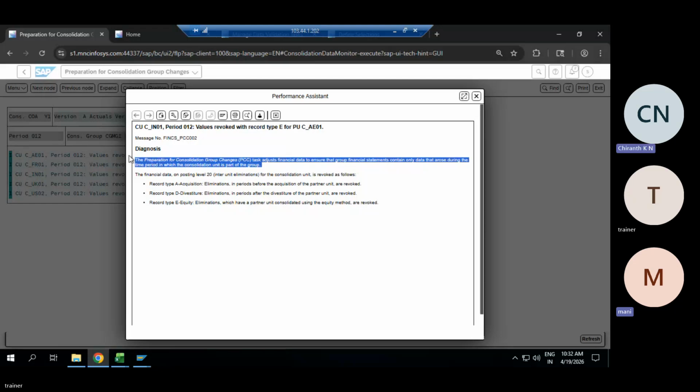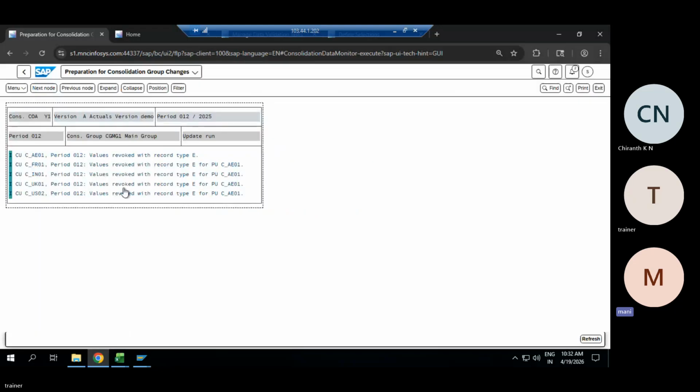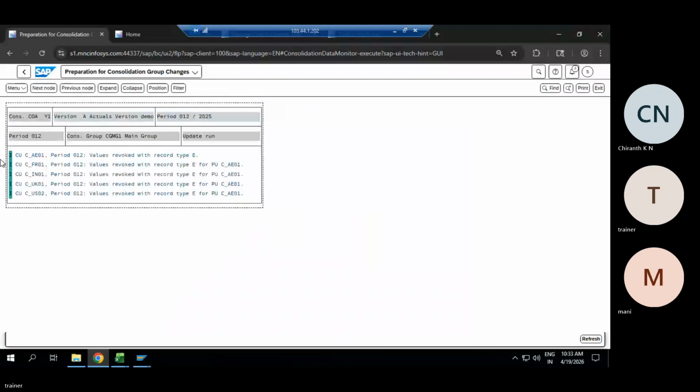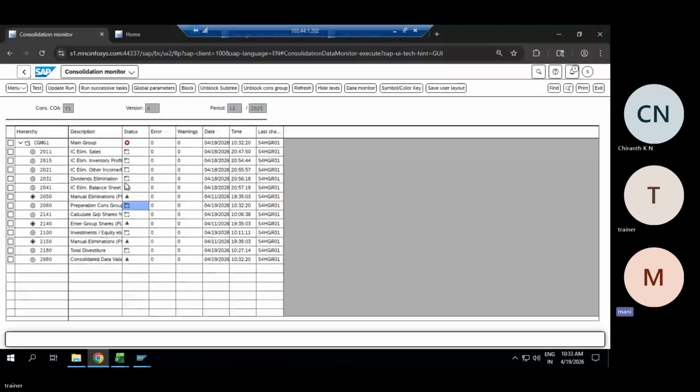If it is not part of the group, for example if it became inactive, or if we purchased a new entity in the middle of the year, then it will come here. These two steps are automatically triggered based on the data and the nature of the transactions.